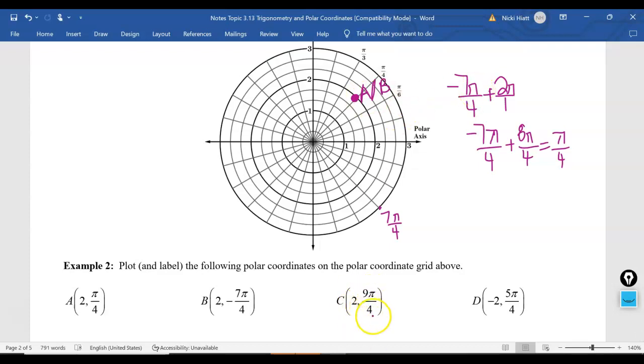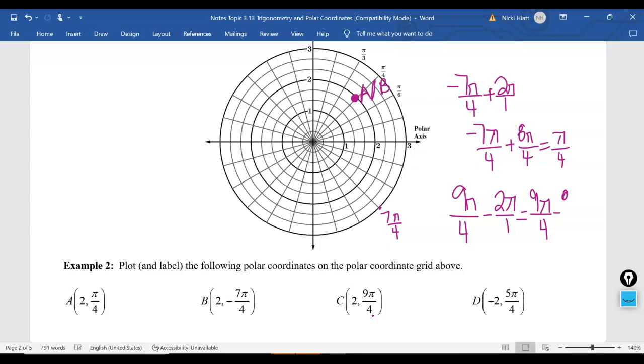The next point we have is 9 pi over 4. 9 pi over 4 is not on our unit circle. So let's subtract 2 pi to see where that ends up. So I've got 9 pi over 4. And I'm going to subtract my 2 pi, which is like 2 pi over 1. You got to get common denominators. So that would give us 9 pi over 4 minus 8 pi